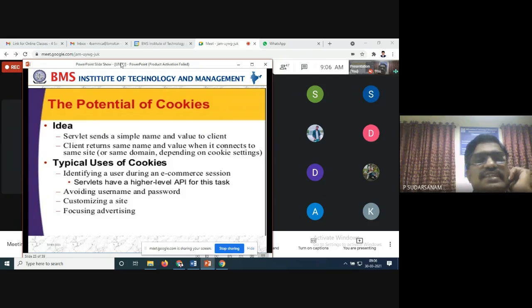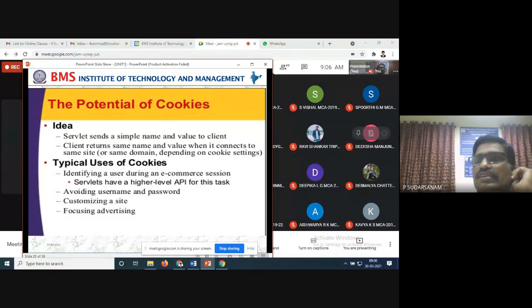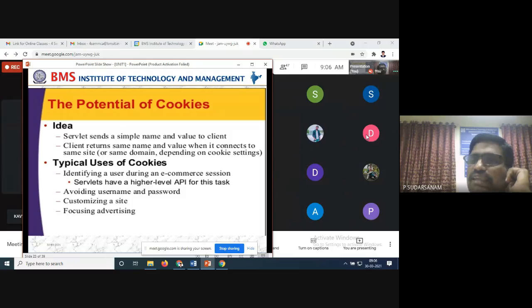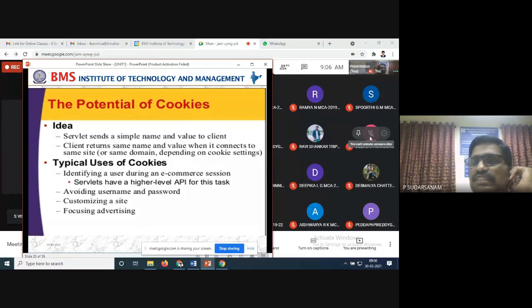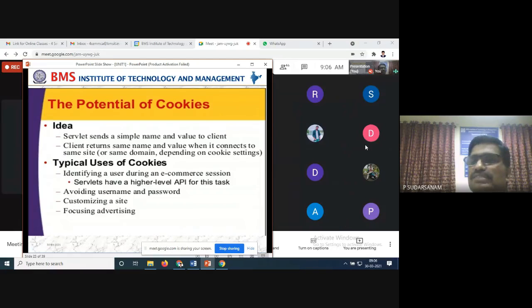Now we can see our example when we are connecting to the classes. What happened is, yesterday's link was given only one day, so we couldn't connect. Again I created one more link and sent it to you, and then you connected. Small name, client side: when you click that, it connects to the server and the response comes back to you also. Small information, that is the idea behind this.